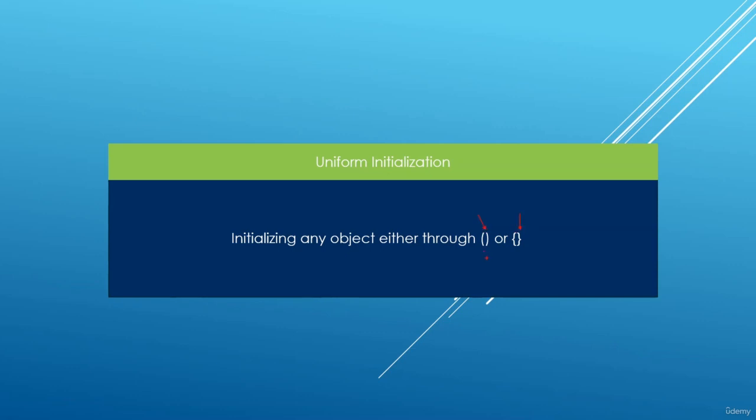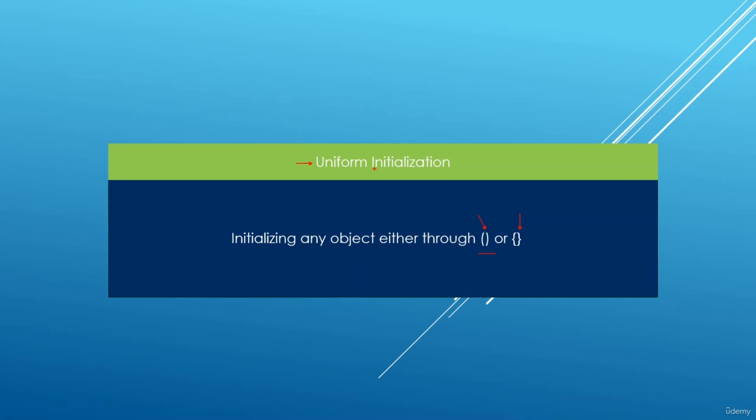We have mostly seen that we can use the parentheses syntax to set up objects in C++, and we could pass parameters to our object, and the C++ compiler would see this and call our constructor to set up our object. But we can also use curly braces if we want to do that as part of uniform initialization in C++. Uniform initialization was introduced in C++ 11, and we can still use that